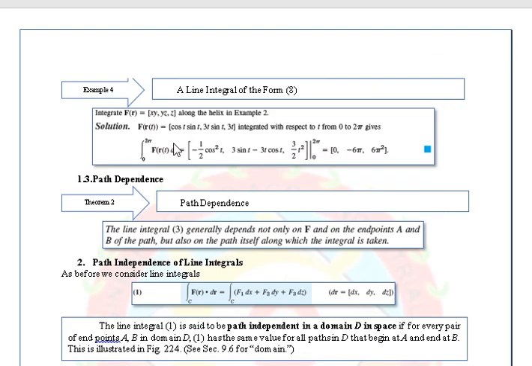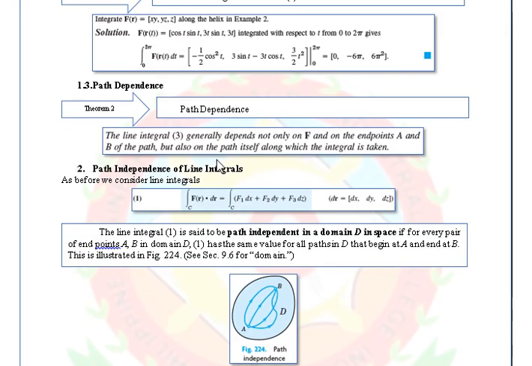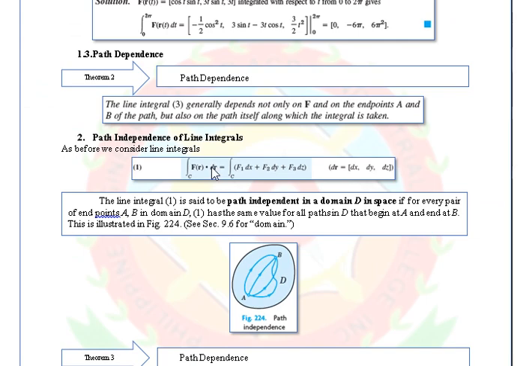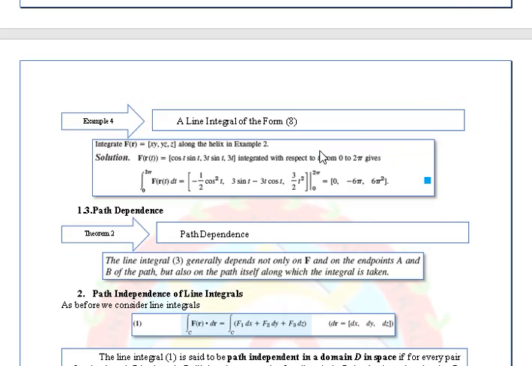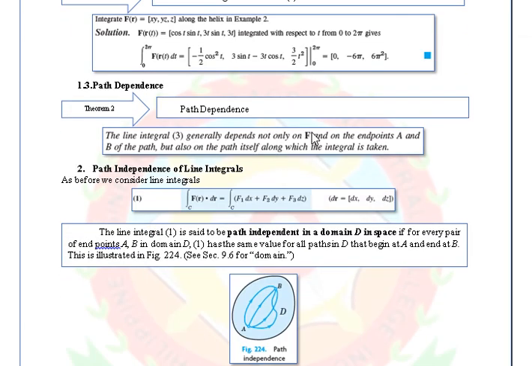From our previous examples we noticed that in taking the integral of a certain function, it depends on the function f, of course, on what our function is. Then it also depends on the endpoints,